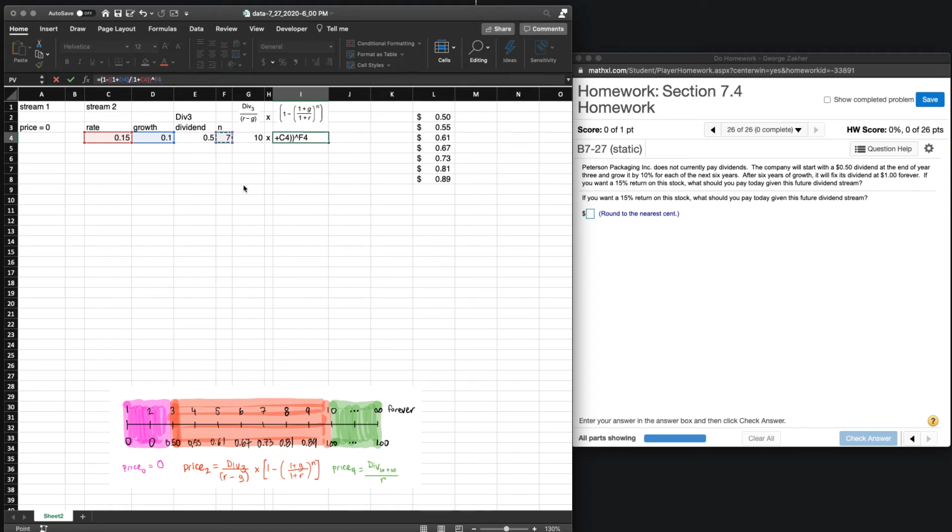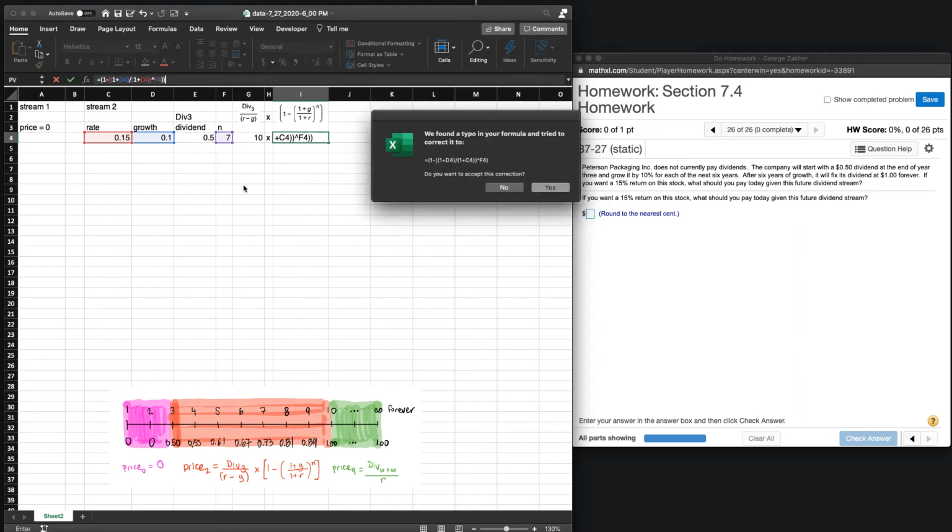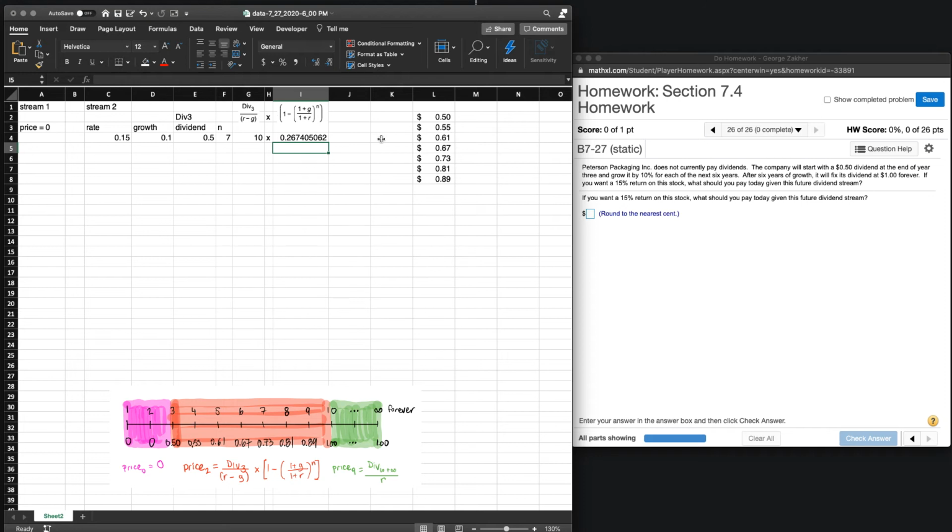Excellent. Thank you, Excel, for helping me solve my formula there. Once we do that, we can figure out the price at the end of year 3. And that will be, okay, so that's our price. Now, that's the price here, but we need to move that money back to the present value. So in other words,